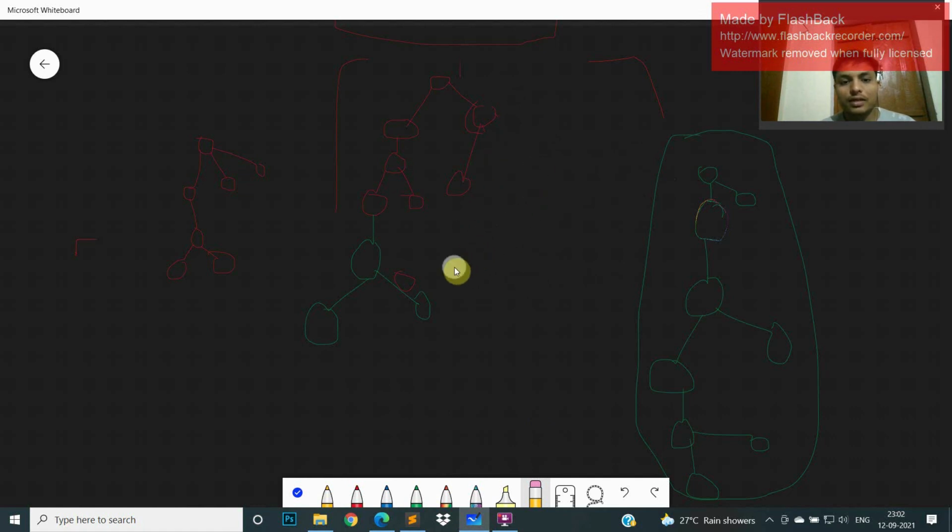Now we can see that after we cut this one, this also becomes a bud. So we can cut it here also and rehang here. Now we can see that we can make all of them buds.